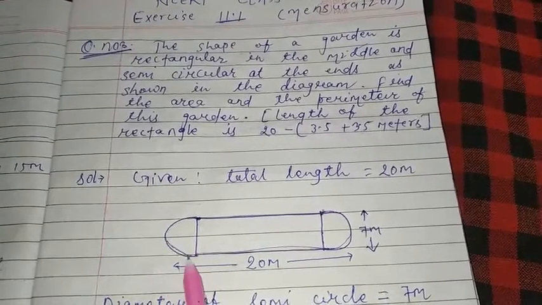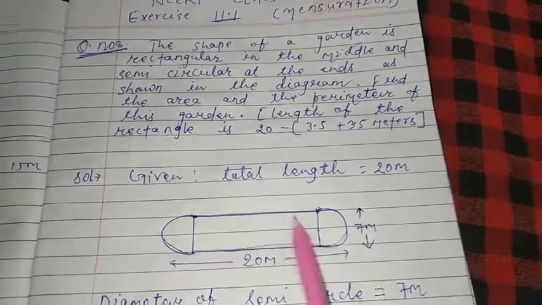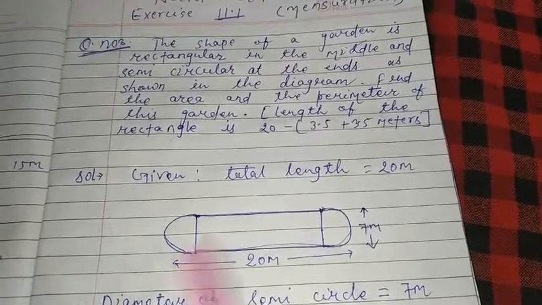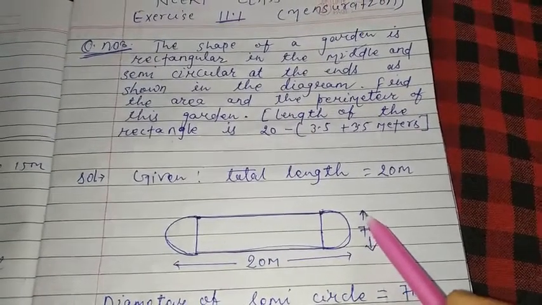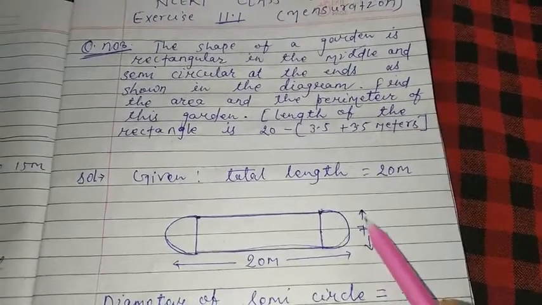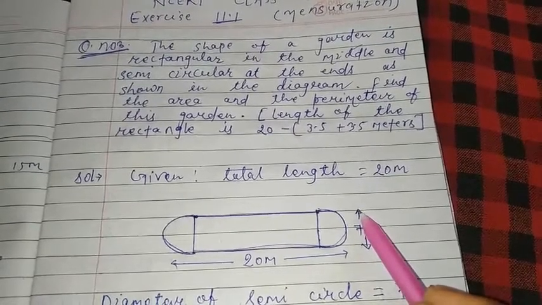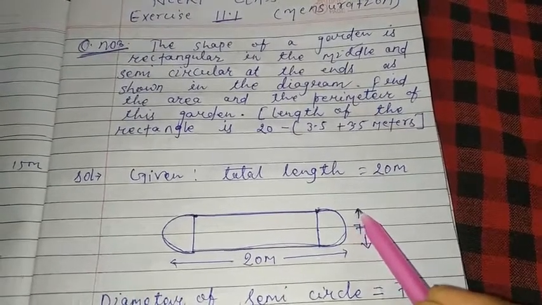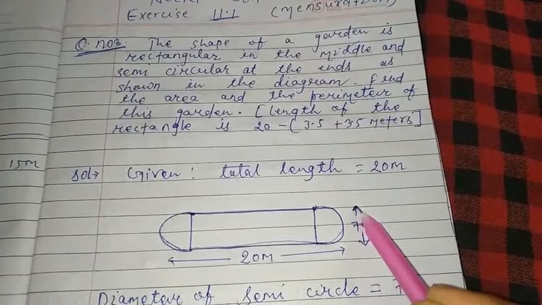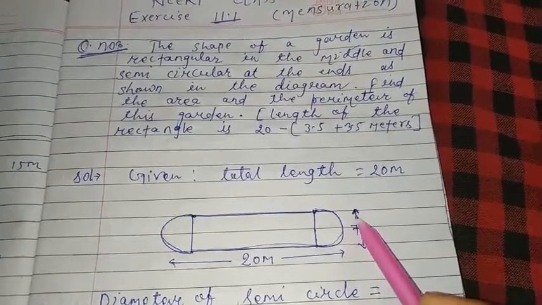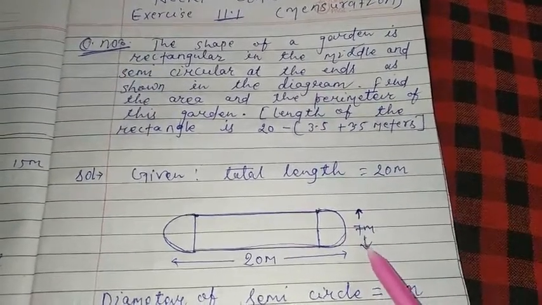These semicircular parts are also part of the garden. And this is 7 meter. You can see here this 7 meter is marked with these arrows, and this arrow indicates